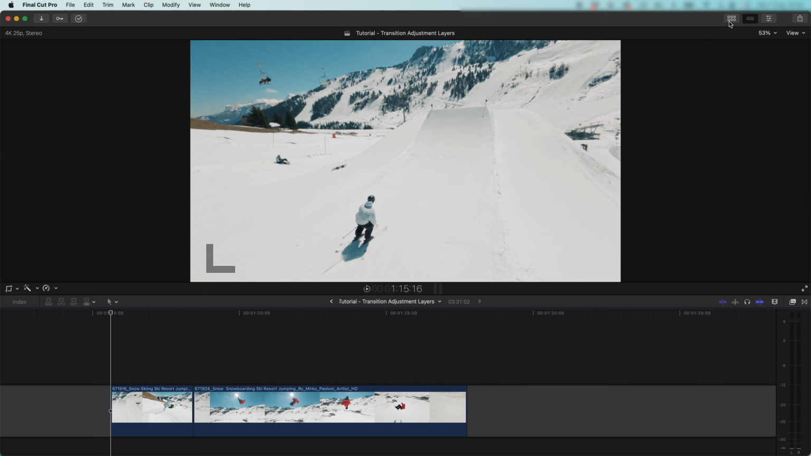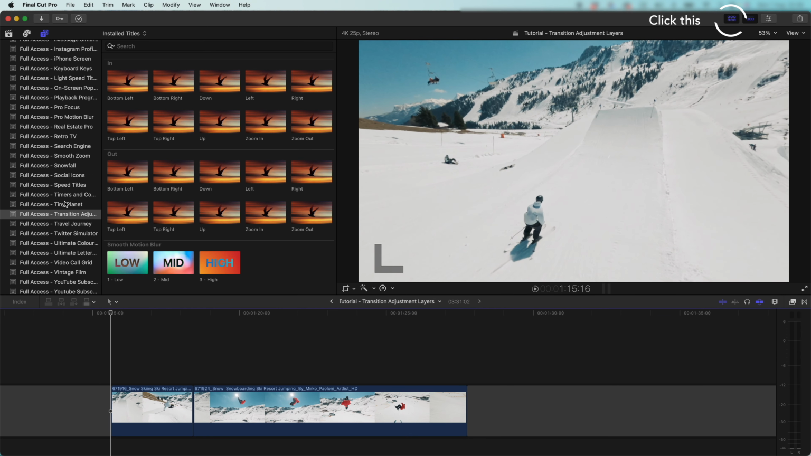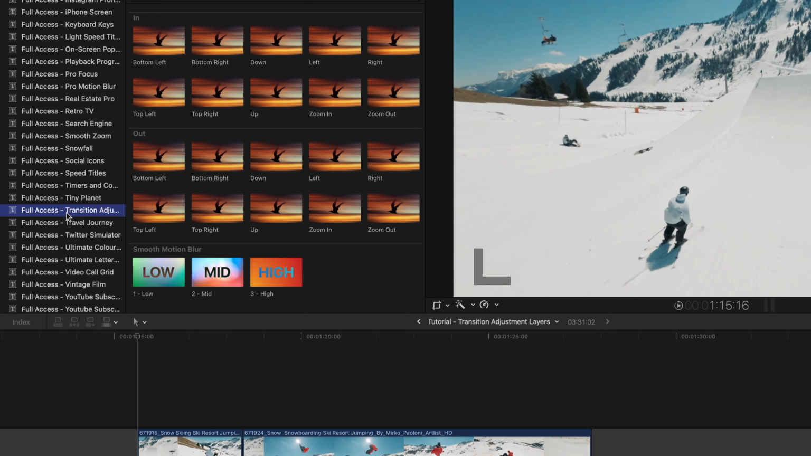So once you open up Final Cut Pro, you're going to want to install transition adjustment layers as a title file. To open up your titles, you're going to come up here to the top right, click these 6 boxes, which shows the browser, and on your left hand side, if you scroll down, you can see transition adjustment layers here,